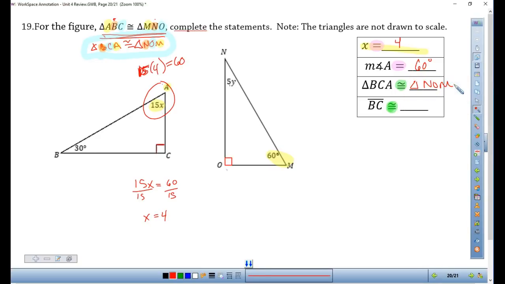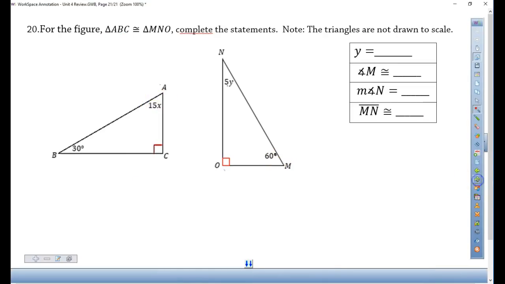It's all about spelling and matching up the corresponding parts. All right, and then side BC would be congruent to, well, BC are the last two letters, so it would be congruent to NO. All about the spelling. It's where all that practice really pays off. Okay. And then number 20,